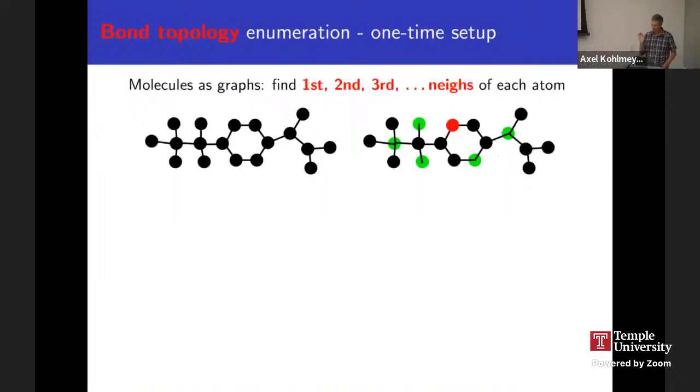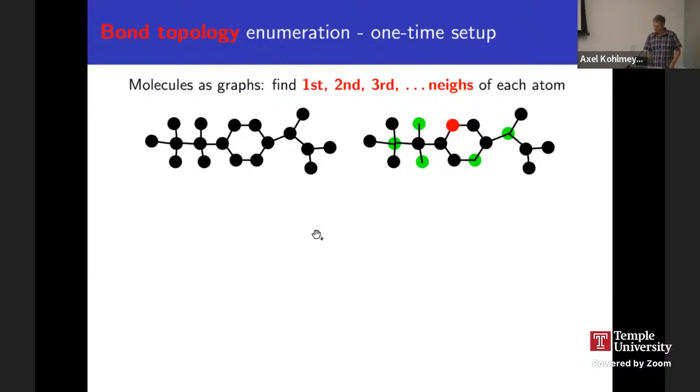Okay, now I'm going to talk briefly about the bond topology enumeration. So this is treating the molecule as a graph and trying to identify which are your first neighbors, your second neighbors, your third neighbors in that graph. And that's needed in LAMMPS for weighting factors on the pairwise computations, because for many molecular force fields, you don't apply the full Coulombic or the full Lennard-Jones interaction, depending on those weighting factors as you go out in the